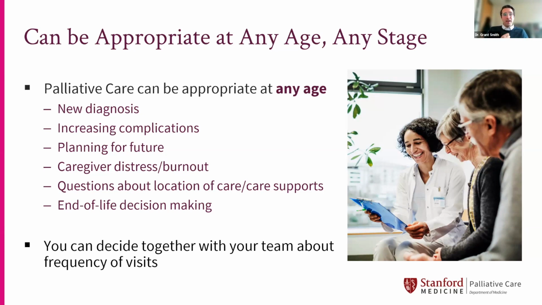Even right off a new diagnosis, sometimes that can hit really hard, and there's a lot of emotions that come with that. And thinking about maybe planning ahead, what do we need to think about now while things are relatively good? Maybe the individual can really help think about what they would want in the future. What conversations should we have now? We talked about those increasing complications. I think for caregivers, if you're feeling like you're at the end of your rope, it's time for some more help. We're a team that can help think about where to get more help.